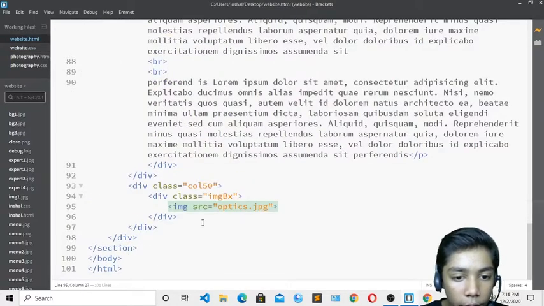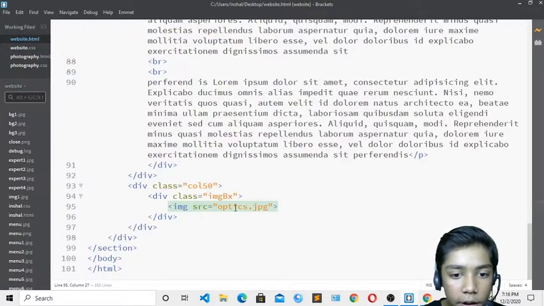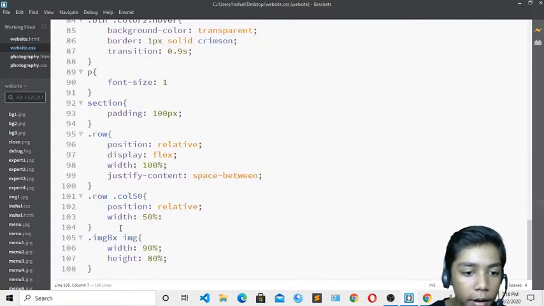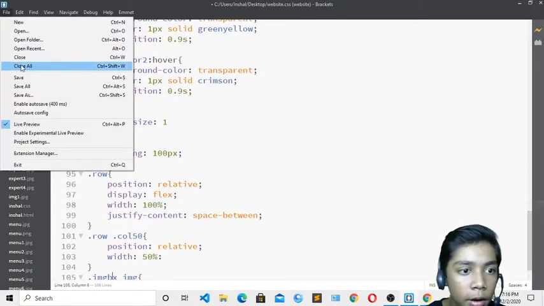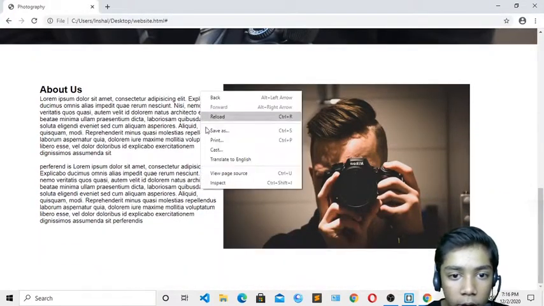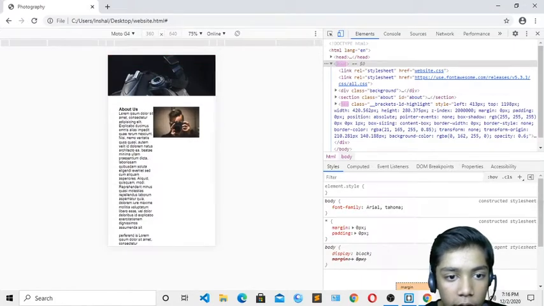So just go over here, in my image box. Image box is like that, and here it is also written image box, so I will write image box like that, save, and come over here and write image box and save over here also. Okay, and now here you can see it is looking like that. So if I show you, now here you can see, it is looking like that.